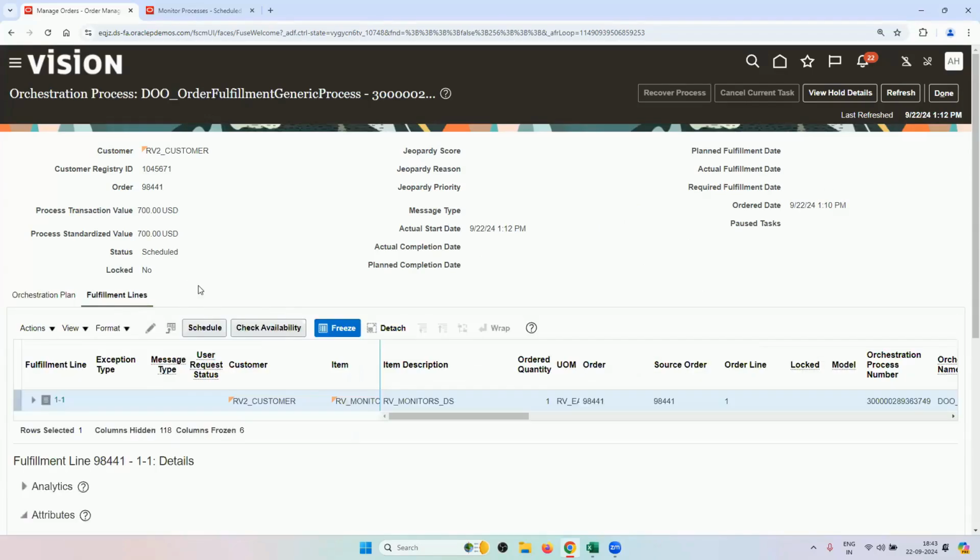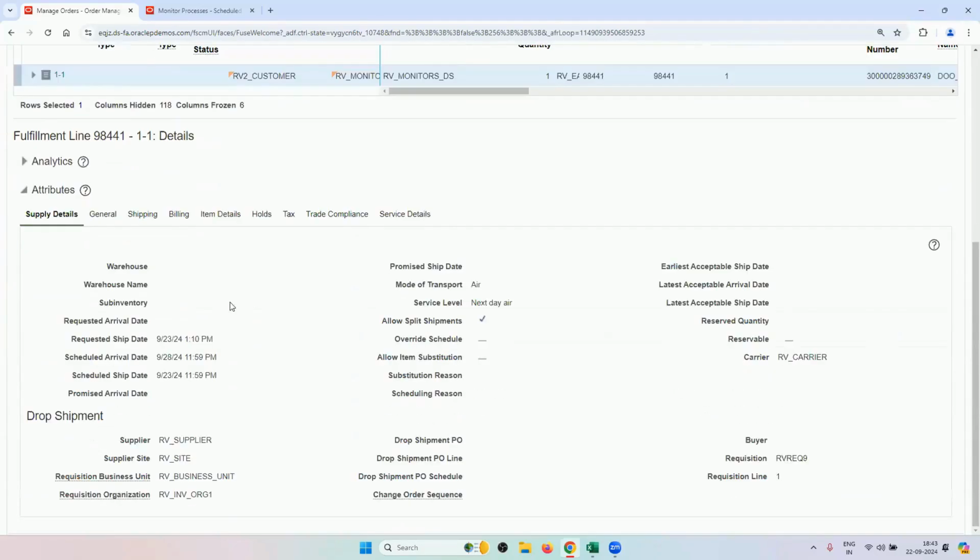Go to fulfillment line, come down. You can see the drop shipment tab has come. It has never come before, right? So for this it has come, and it is telling us who is the supplier, from whom we are going to pick it up, who is the requisition organization, who has ordered this, and requisition is created. The requisition is already created,